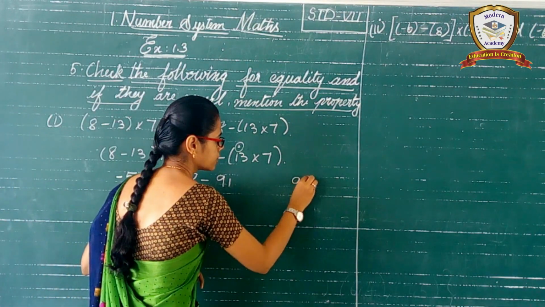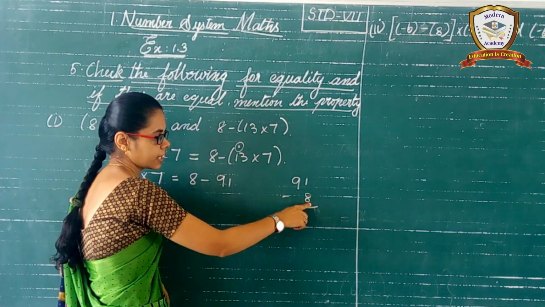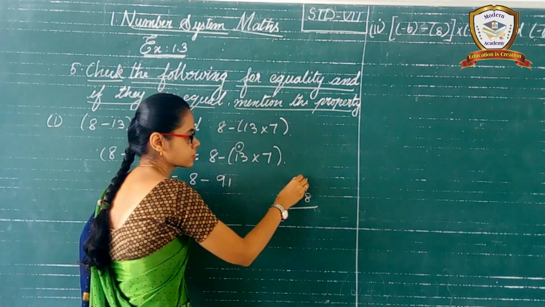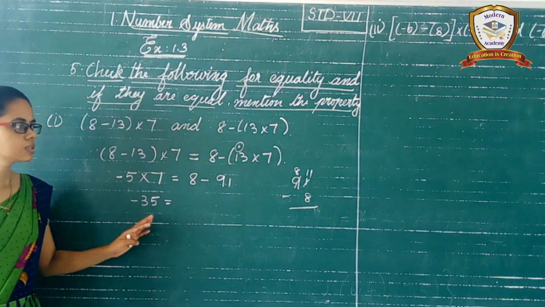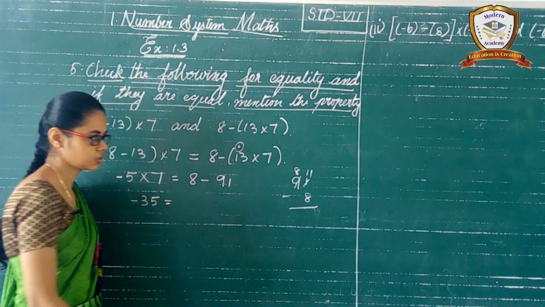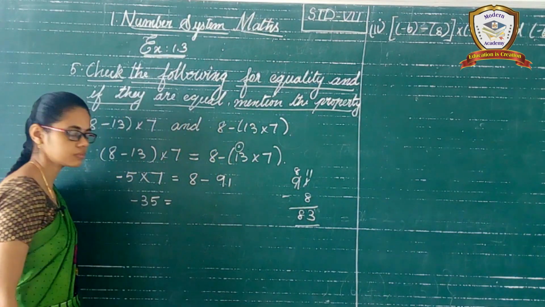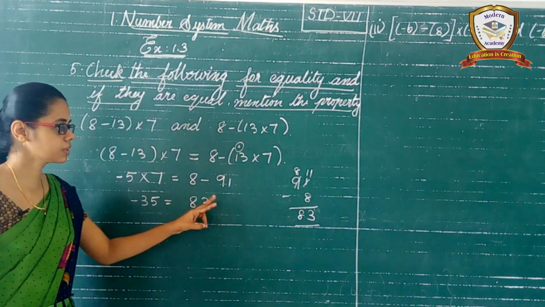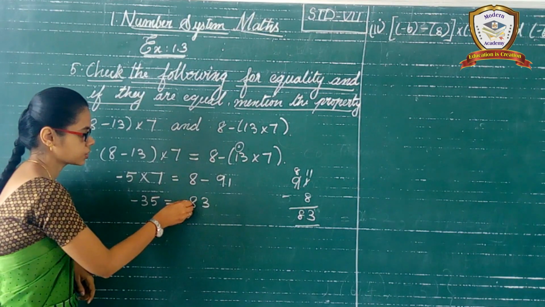So different sign means we need to subtract the numbers. So 91 minus 8. See here 1, here 8. So this is the smaller number, no? So we can borrow from the next number. So here 8, and here it becomes 11. So 11 minus 8. What's the answer? 3. So here we put 3, and 8 as it is. Then I mention here 83. And see, which one is the biggest number? 91, with the same sign minus in front. So you want to mention it here.